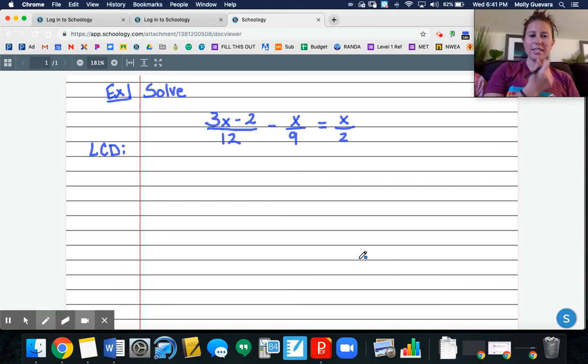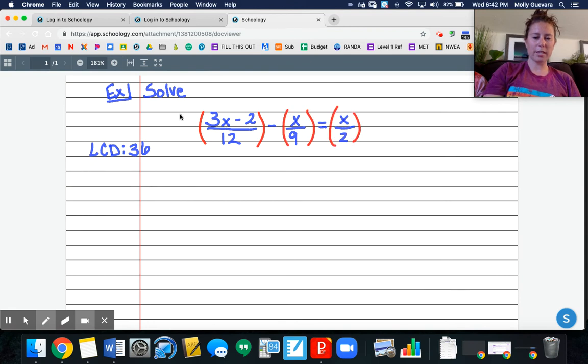Okay, so hopefully you guys gave this a shot. Let's start with going over and finding our LCD. So the biggest number here is 12. So I'm going to ask myself, does 9 go into 12? And the answer is no. So 12 doesn't work. The next multiple of 12 is 24. Does 9 go into 24? No. So we keep going, right? The next multiple of 12 is 36. Does 9 go into 36? Yes. Does 2 go into 36? Yes. So my LCD here is 36,